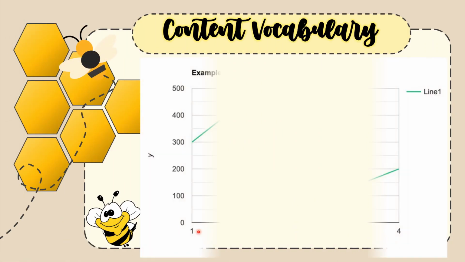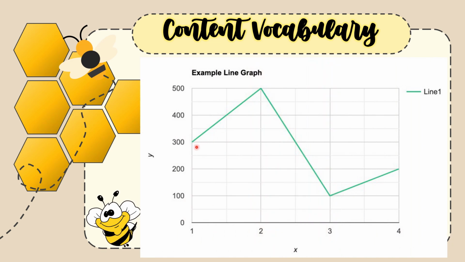This is an example of a line graph. These are the points that are being connected by a line, making this a line graph. So these are the scales. We will discuss further about line graphs, but today this is just a brief look, and this is just one example of a line graph.